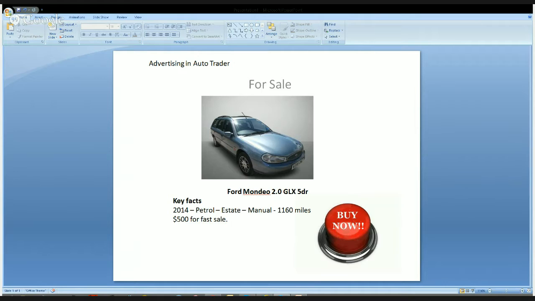And ideally, you want to start that process with a squeeze page, somewhere that you're going to collect their email address.